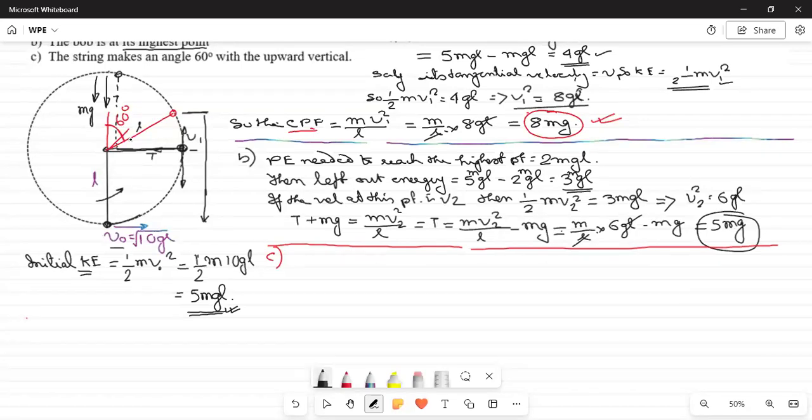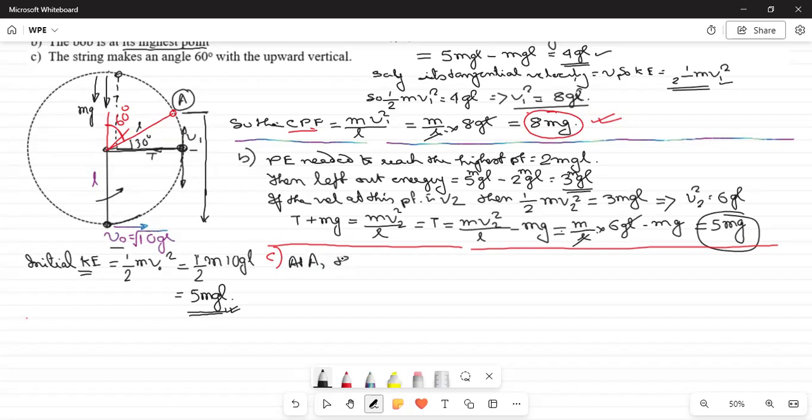If this is 60, this is 30. Right? So, let us consider this point as, say, A. We need to give a name to make it easy to understand. At the point A,